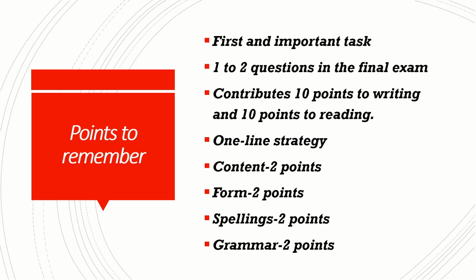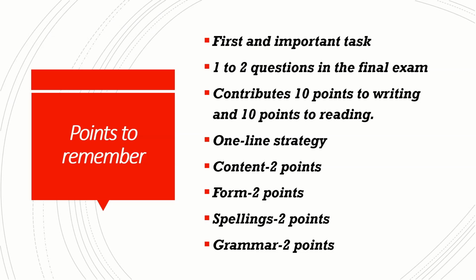A paragraph will show on your screen and you have to choose the appropriate lines, and if you choose the appropriate lines then you can easily get 10 points in the writing, and if you get 10 points in the writing then you can easily get 10 points in the reading. If you are facing some difficulties in the reading section, and you are good in the writing as well as in the speaking, then you can easily get a good score in all sections of the PTE, and the overall score of the PTE can be improved.